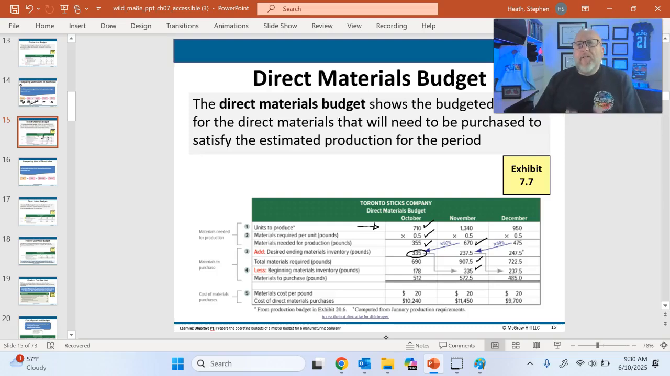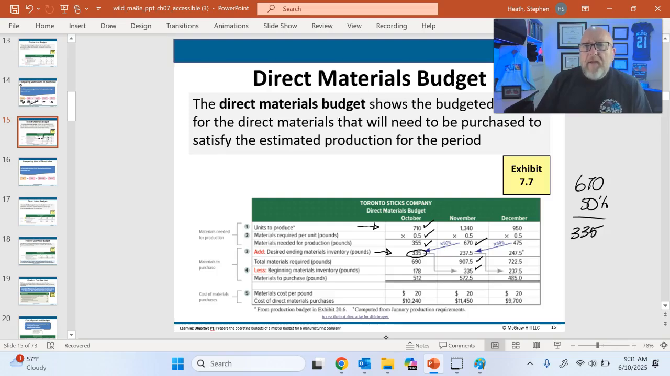So we are actually going to produce 1,340 units, and we have half a pound of material. So the production needs for next period are 670 pounds. And this question is saying, hey, listen, if it's 670 pounds and we want to have 50% of that in beginning inventory on November 1st, that would be 335 pounds that we need to purchase in October. Okay. So 355 plus another 335 gives us